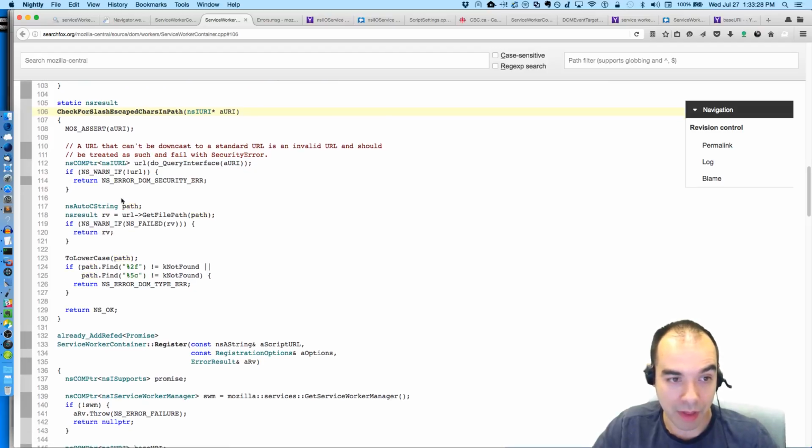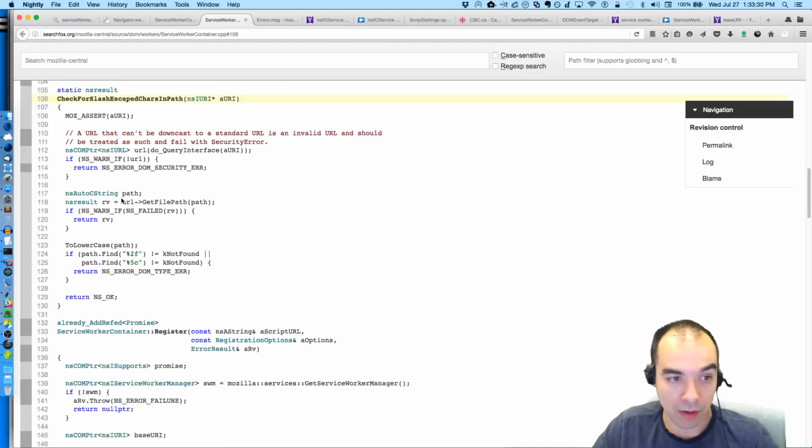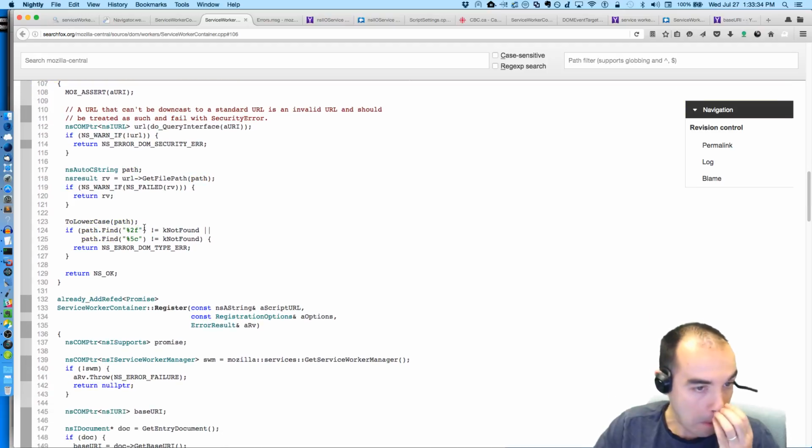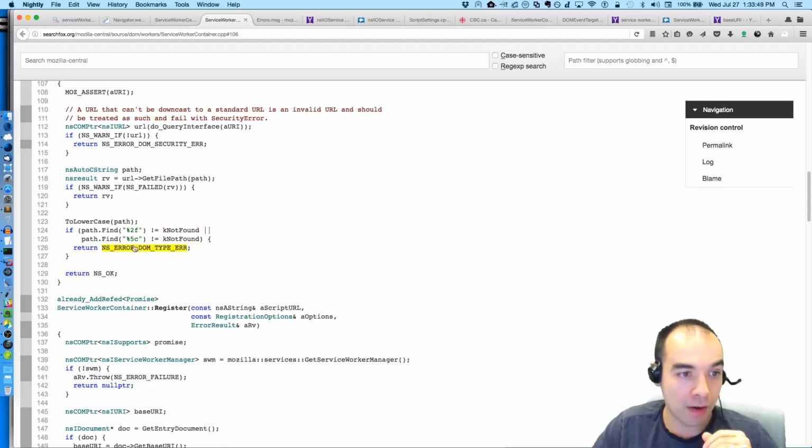We get the path, the URL, and then we lowercase the whole thing, and then we look for percent sign 2f. If percent sign 2f and percent sign 5c are not found, then we return DOM type error.